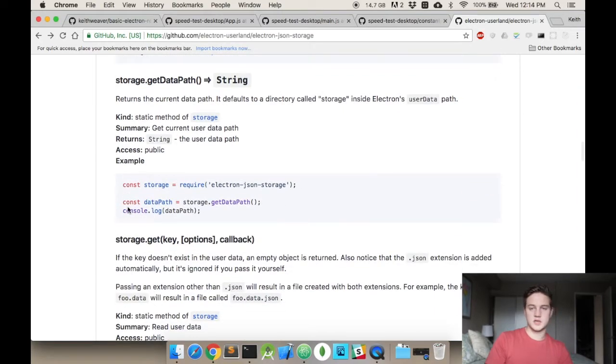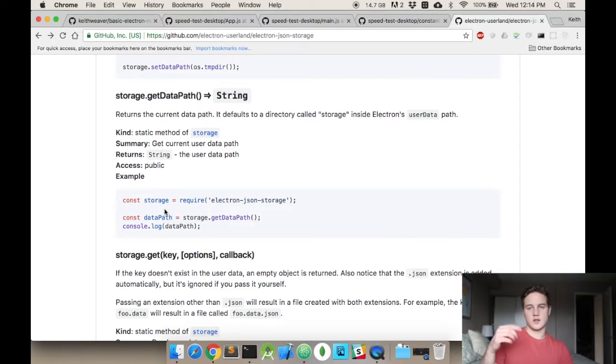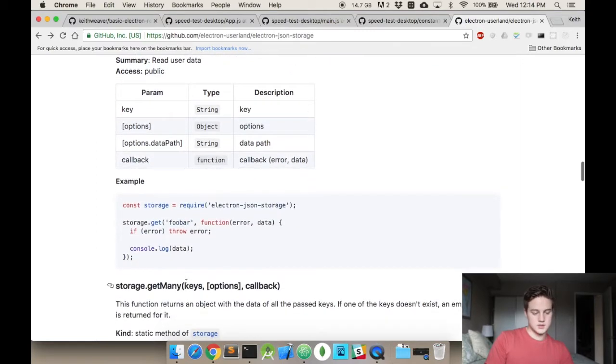Or get data path, not that one. That will just tell you which folder it is. So it's like /user/your name/app/the app name, or /app data or something like that, and that's what it will return. But what I use is really just two commands: the get and the put. That's all I care about, because